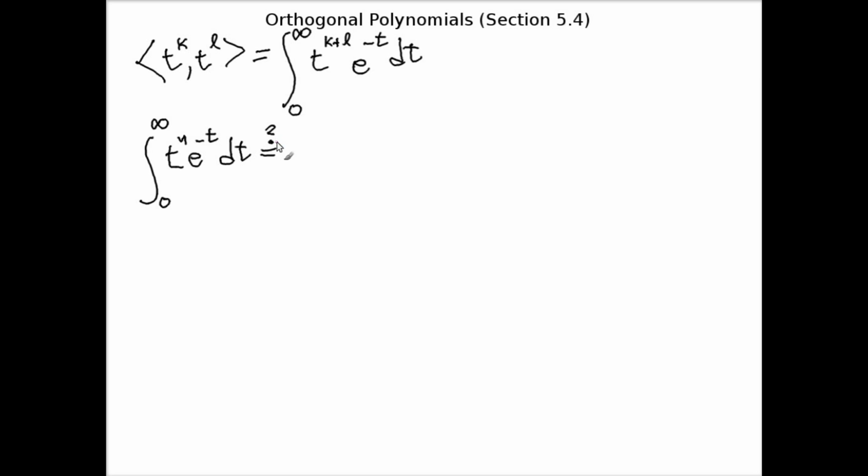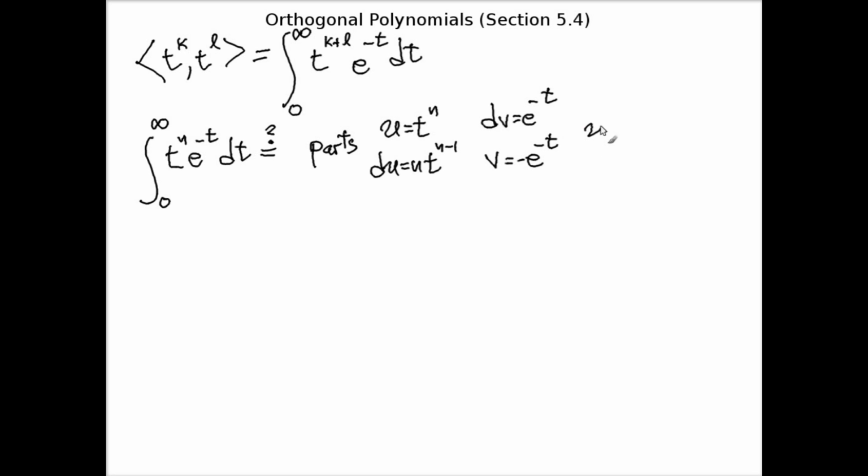Let's see. Does anybody remember how to do calculus? The way you do an integral like this is by parts. You let u be t to the n, so that du is equal to nt to the n minus 1. And you let dv be e to the minus t, so that v is equal to minus e to the minus t. And this integral is equal to uv minus the integral of v du,